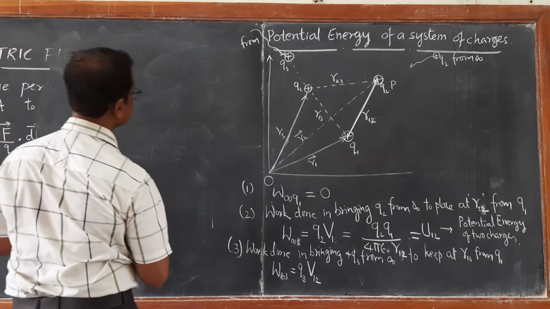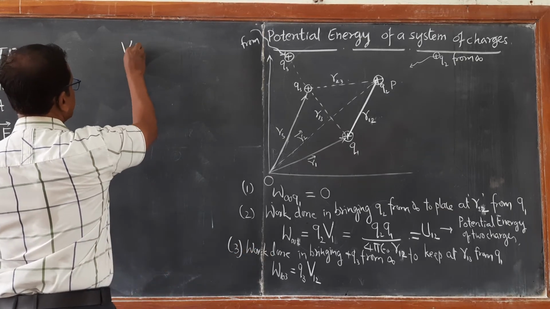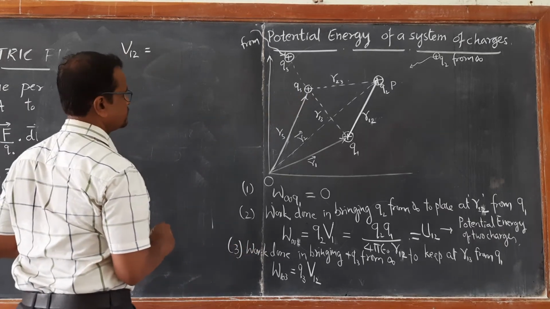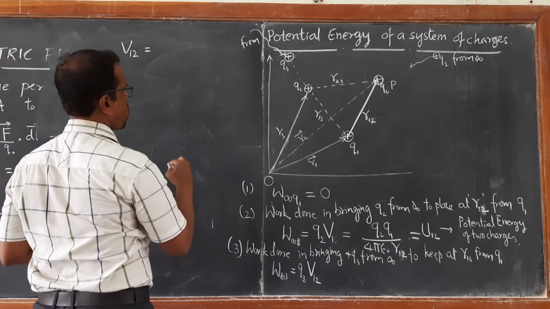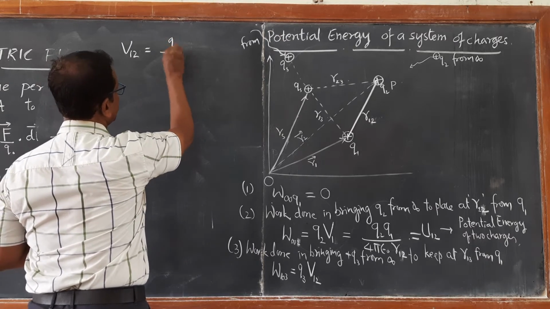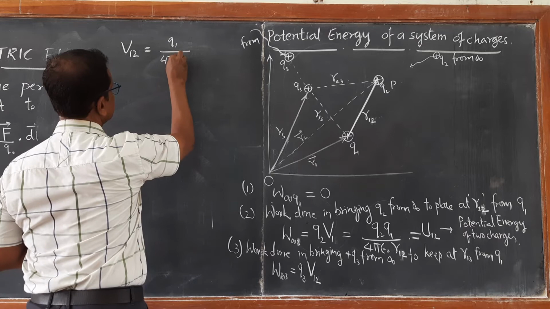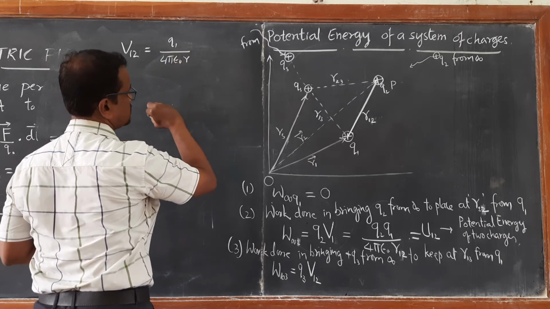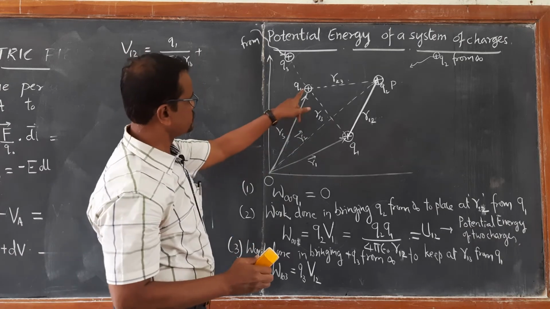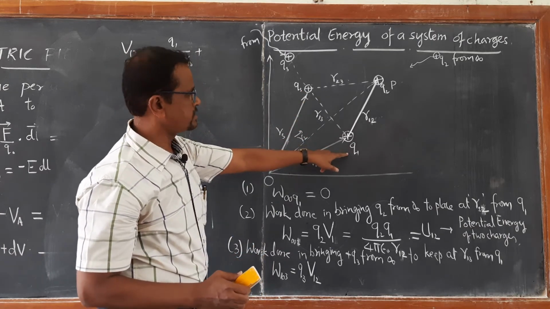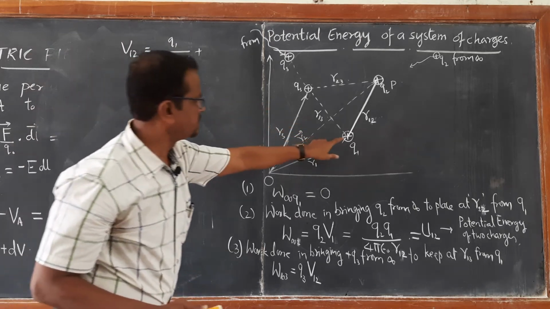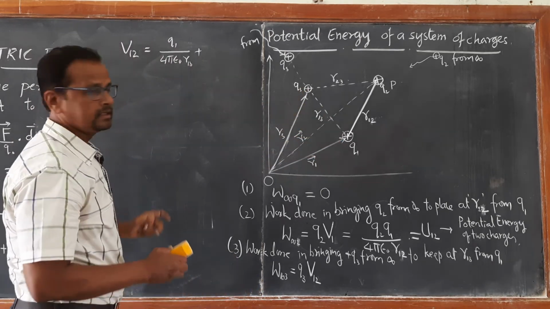So first I will write what is V12. V12 at this point is given by Q1 by 4 pi epsilon naught R13. Potential at this point due to charge Q1 is Q1 by 4 pi epsilon naught, where the distance of that point is R13,